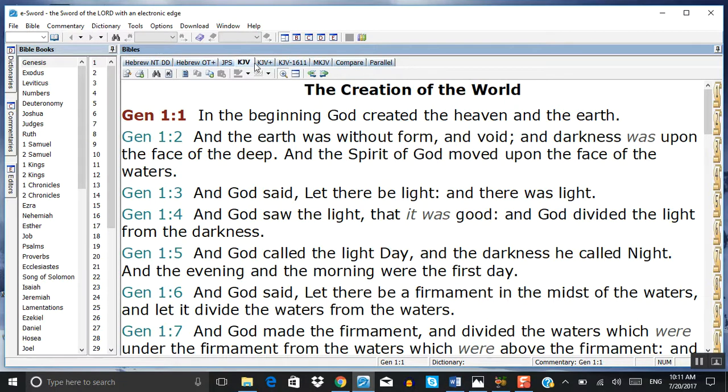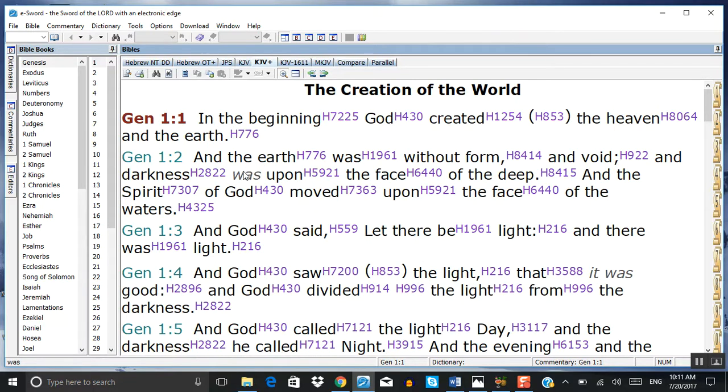Here's the KJV, KJV plus Strong's, KJV 1611, Modern King James Version. And you can also load the American Standard Version, or whatever you want. But these are the ones that you need. Okay. Let's go to the King James Version tab, Paul, and show people what this looks like